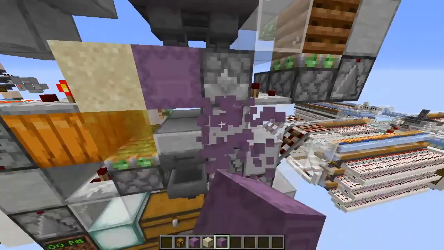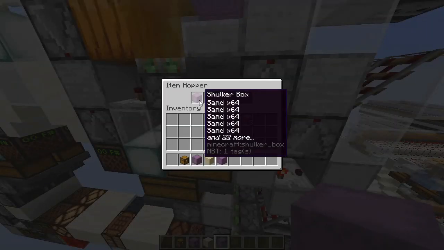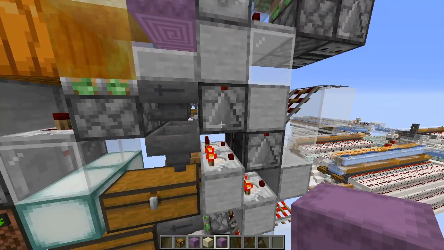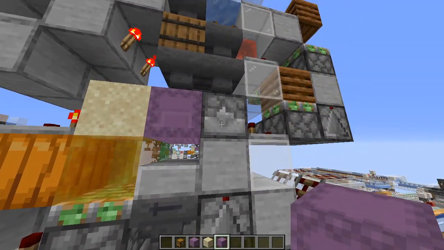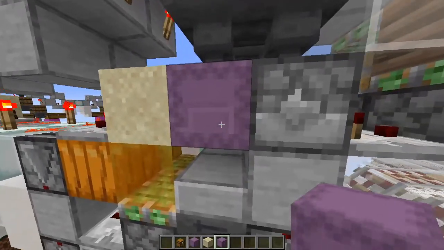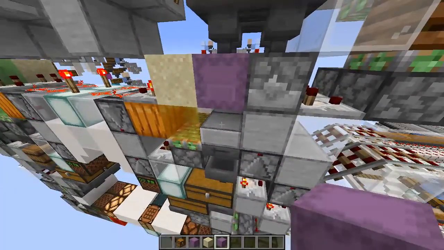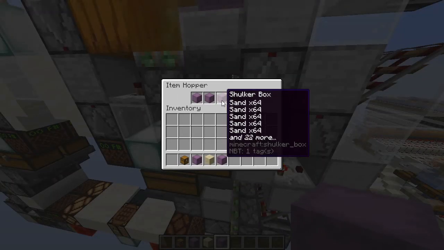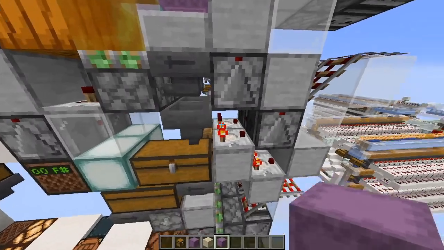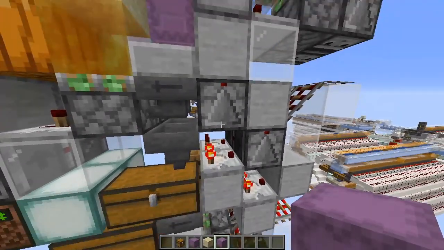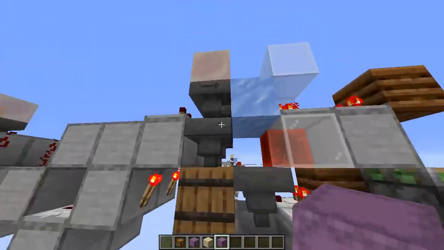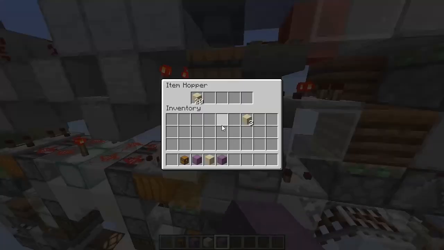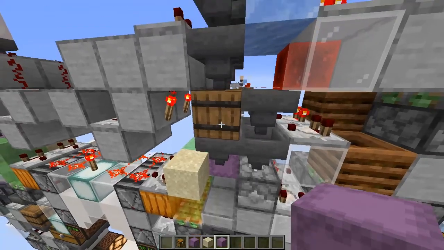It's gonna dispense another shulker box because the shulker box went here, the comparator changed, and the observer detected and powered the dispenser. But when this next shulker box here gets full, it will break, but it doesn't change because now the comparator didn't change. So what happens now is if we are getting more items here, this hopper gets full of items,